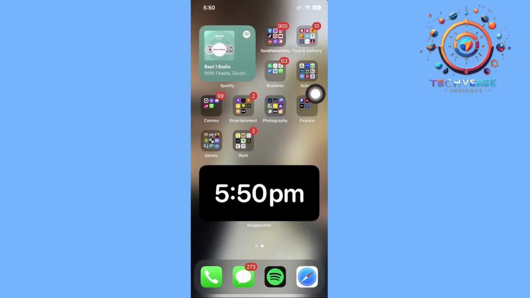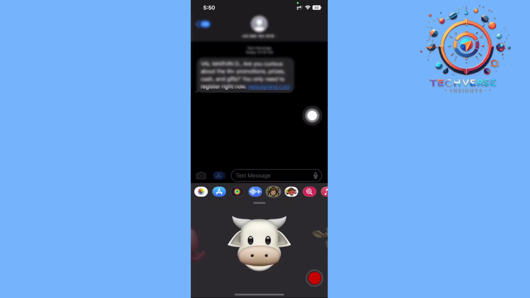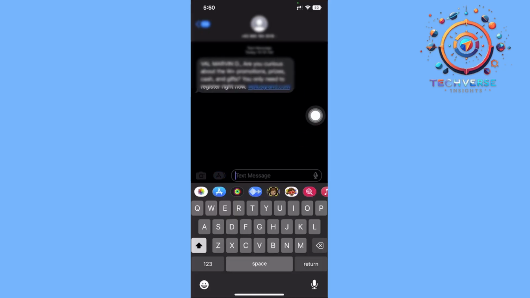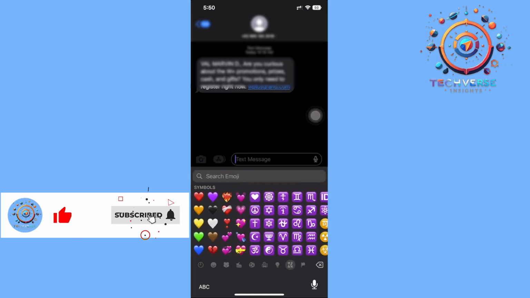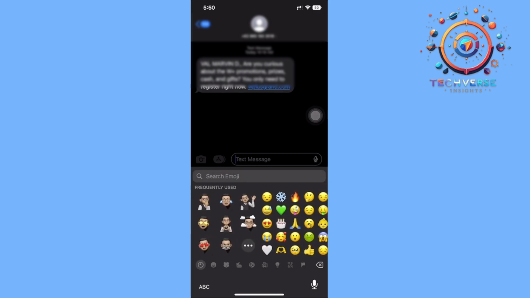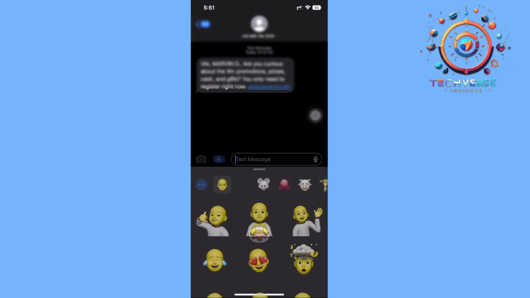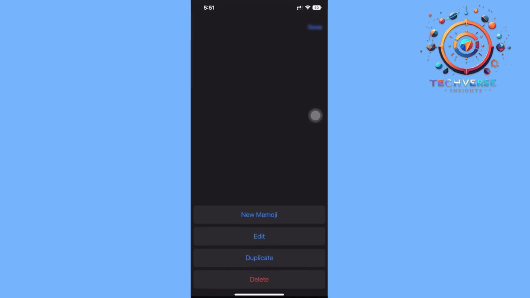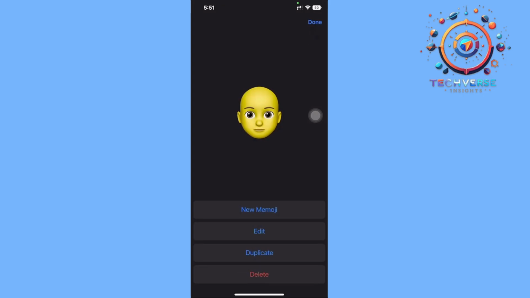is to launch our messaging application, choose a chat that you want, and choose this option called the Memoji on your iPhone. If you want to create your own emojis, you can tap on your emoji option right here, scroll all the way onto the left part of your screen, tap on the three lines over there, tap on the three lines again, and basically this is going to allow you to create a new